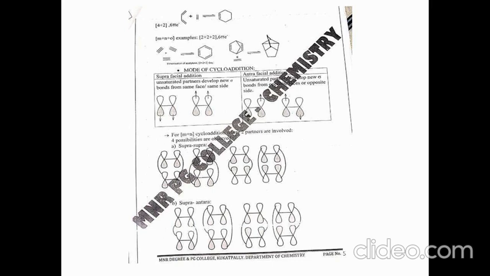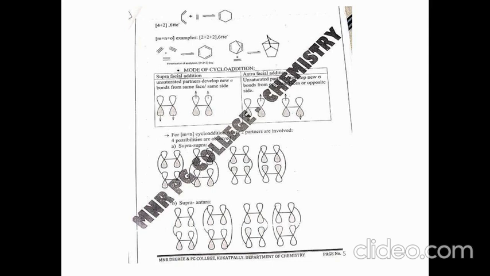So this is undergoing the 2 plus 2 plus 2 cycloaddition. Now come to the mode of cycloadditions, meaning when new sigma bonds form with migration of the pi electrons, then two lobes will participate, and it will come like conrotation and disrotation in electrocyclization. Here we will have suprafacial addition and antarafacial addition.